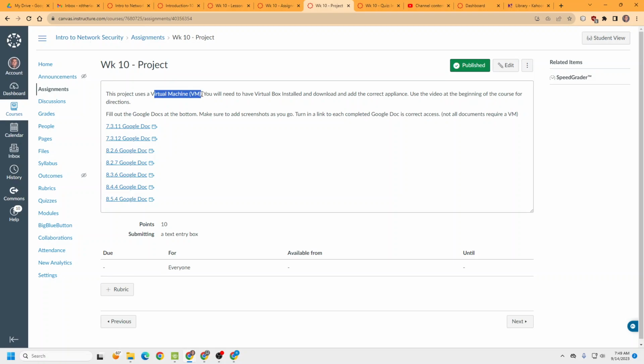You'll need the VM for the Linux, unless you have Linux, but you probably still need it because Linux has so many different variations. The directions are going to be for the VM. Otherwise, you'll have to figure out what's different about your version. So if you know Linux, by all means.